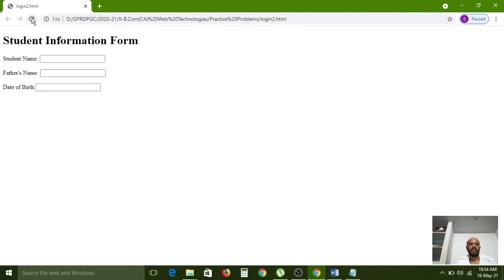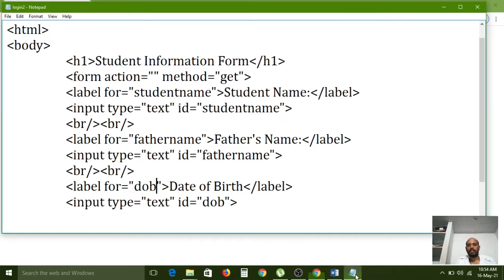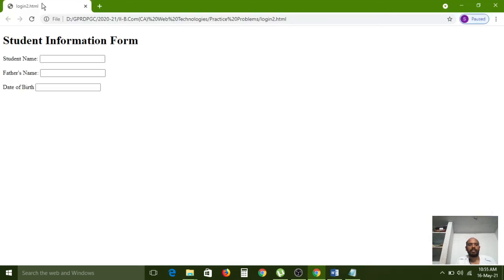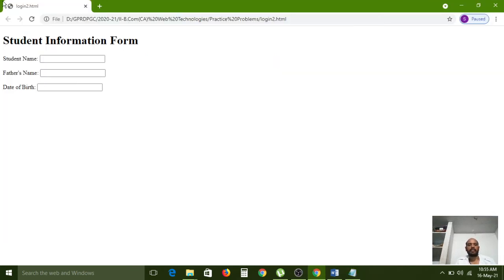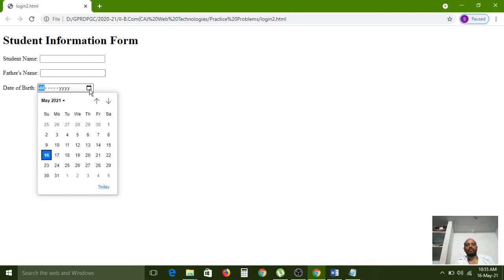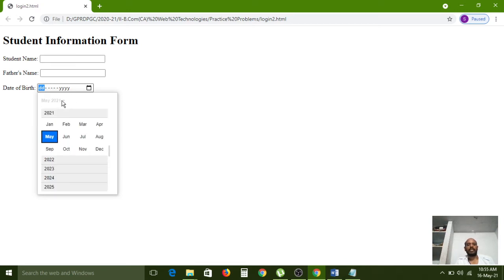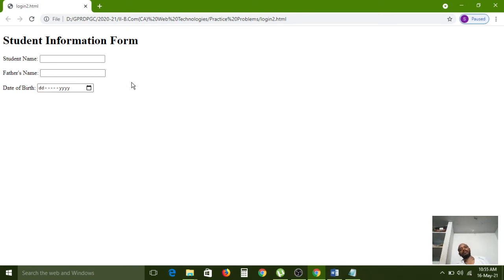Again I am refreshing this one. Okay. One colon symbol is also required. Then only it will look proper. Right. And the input type is there now. Instead of text, if you want to use the date format, we have to take the date value; it can support that. All of you carefully observe. Date format I have changed now. Here the calendar is shown now. If you choose your date of birth, you can simply choose it. Years, months, all those things will display here. Understand? Right.